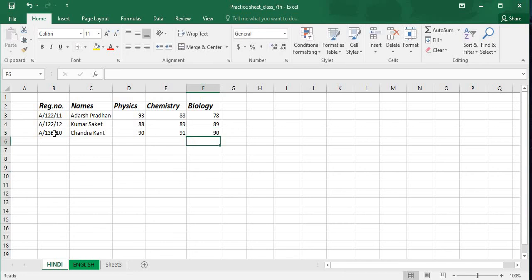Press the enter key and place the cursor with the help of the arrow key. Then write the next registration number A oblique 147 oblique 10. Enter the next name, that is Anurag Bhushan.